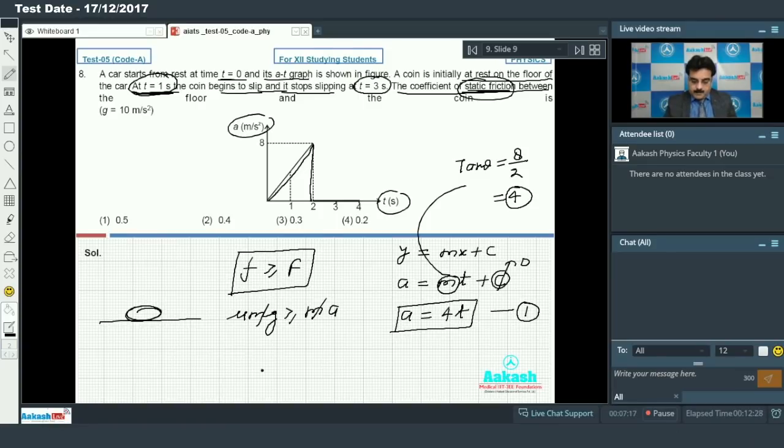So we will write here mu g is greater or equal to acceleration. Because the coin begins to slip and stop sliding, I know the value of acceleration is 4t and that is equal to mu g as per our discussion, but we will take time t equals 1 second,